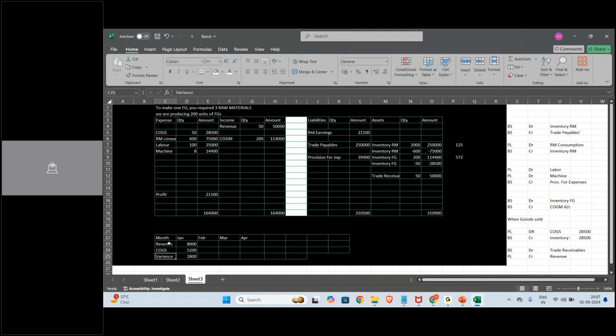This is margin. So let's say the COGS is there, you have a certain margin. Next month, I'm just using it as an example, it is 5,600. It cost you 5,600 cost of goods sold, so your margin went to 2,400.